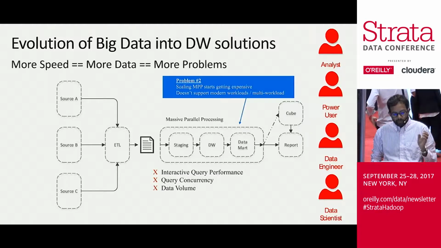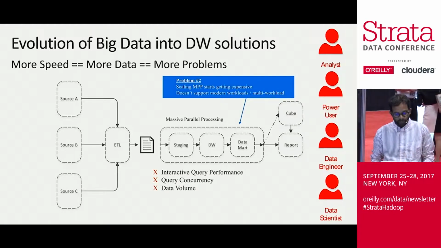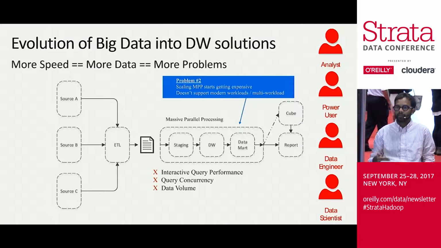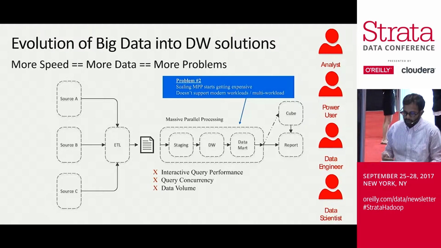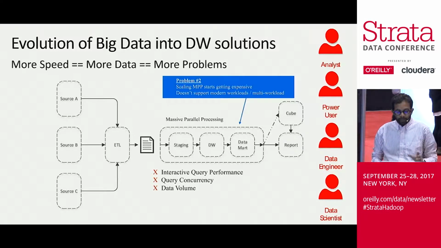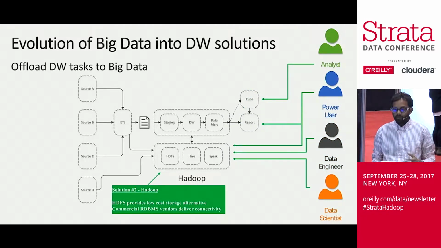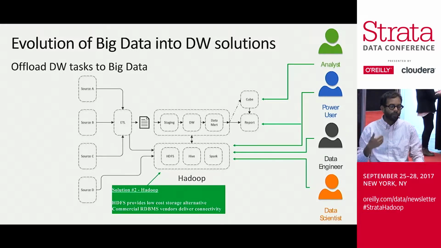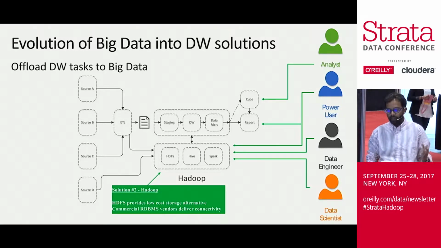And while they were parallelizing it, more and more data was coming in, and the kind of workloads customers started running started to evolve as well. It was much more than writing a SQL query, and it became like, I want to do analytics on the same data set. I want to use Spark. I want to use open source libraries. So the desire for a big data system evolved because of these offloading requirements that came up from the data and from the requirements of the customers. Customers wanted to do more analytical workloads along with doing BI on top of the data as well, which led to the evolution of